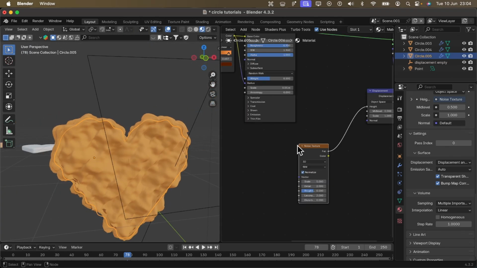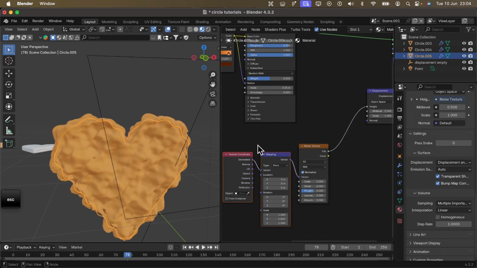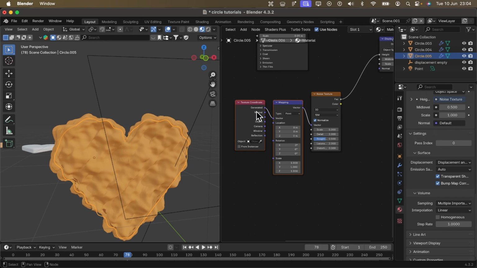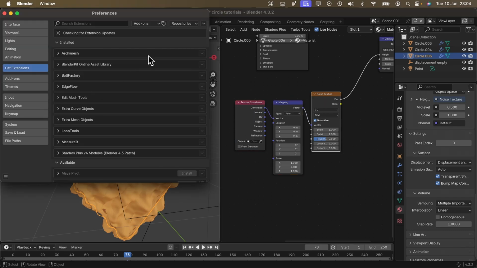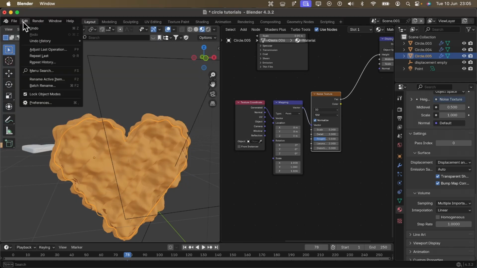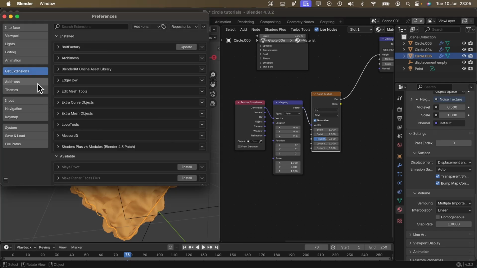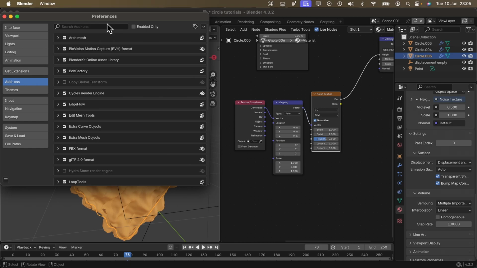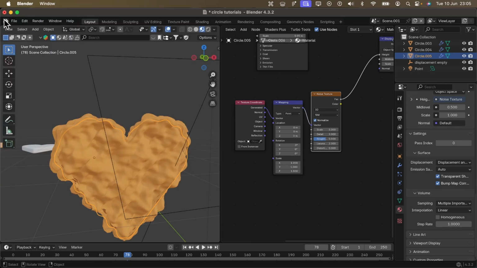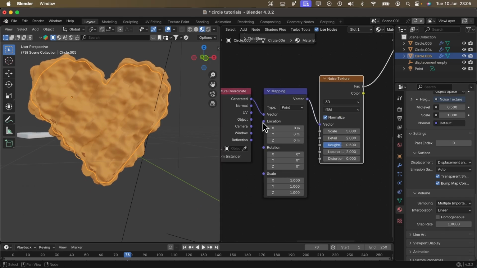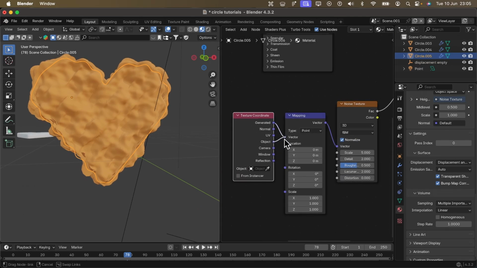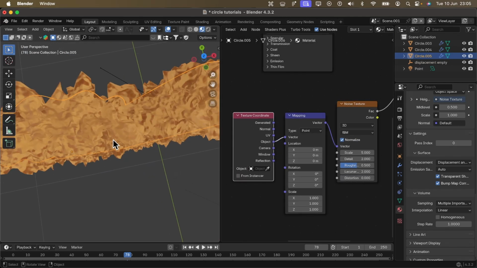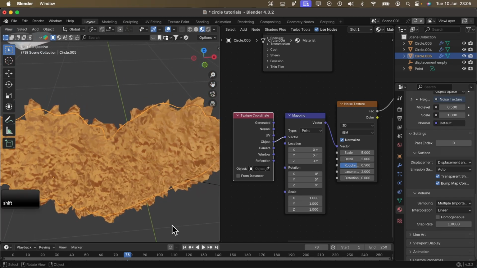So if you have Node Wrangler enabled, press Ctrl T, and then that way you have these two nodes attached to the noise texture. Go to Edit, Preferences and enable Node Wrangler. So go to Edit, Preferences, add-ons, or get extension, whichever one, and enable Node Wrangler. So you can see mine here. Now what we'll do is connect the object output to the vector input, and that way it spreads about evenly,